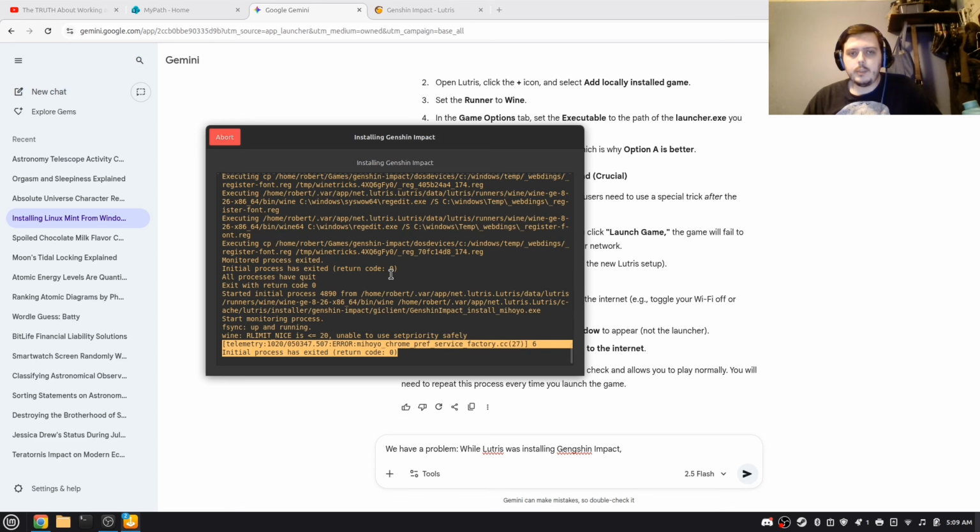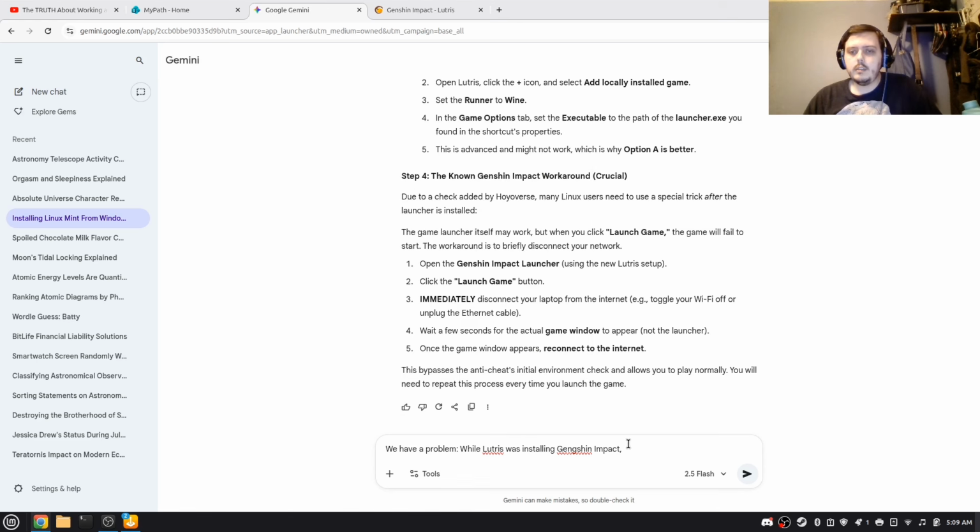Yeah, it's return code, so this is code, I guess. While Lutris was installing Genshin Impact,